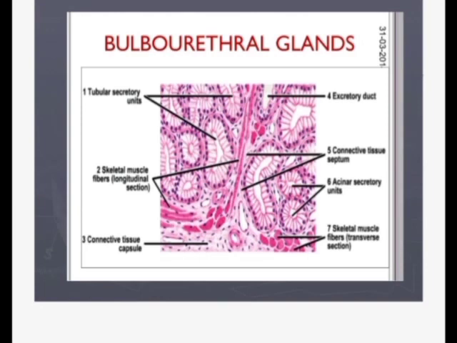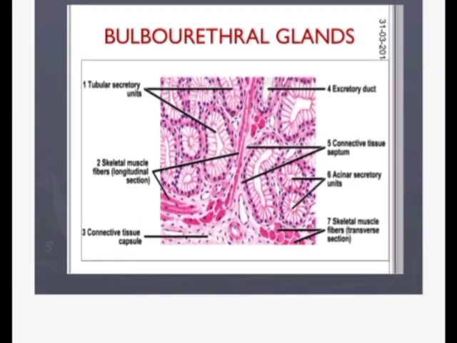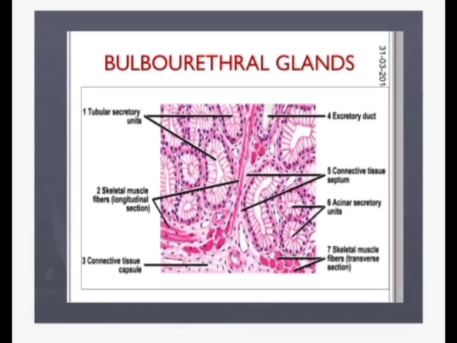If we cut a section, you will find that this gland has got the acini. It is a tubulo-alveolar gland, so you will find the acini. The gland is covered by a thin connective tissue capsule, external to which is present a layer of skeletal muscle fibers derived from the muscles which lie around the gland.